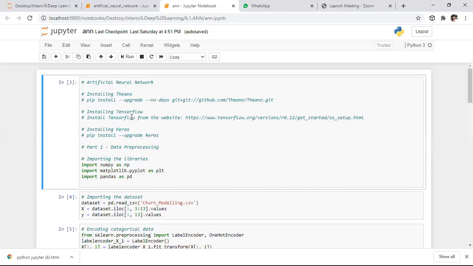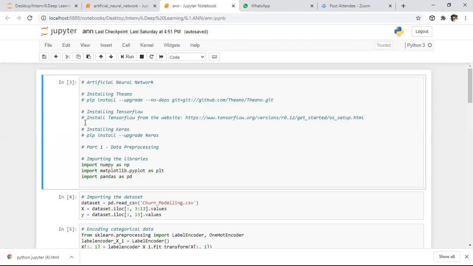Before working on TensorFlow, we need to install this module in our laptop. To install this module, it is better to go to the Python official website. On the official website, based on your system, you can install the required platform. Like if you are using Windows, you can install the Windows version, or if you are working on Ubuntu, you can install the version related to Ubuntu.